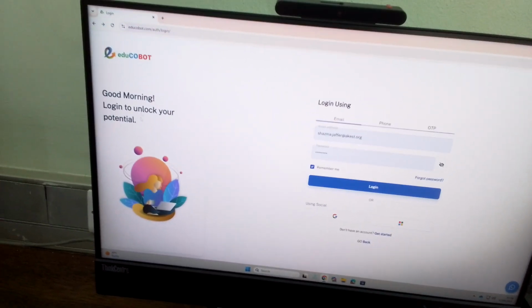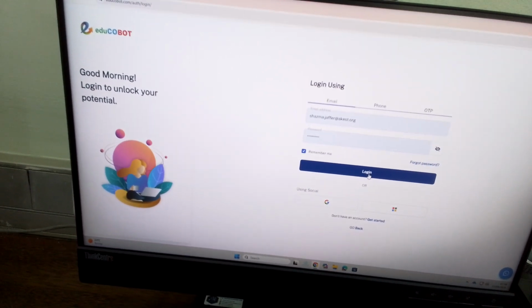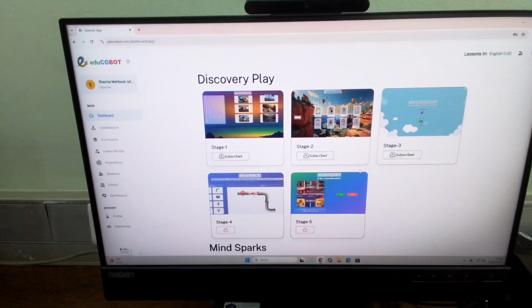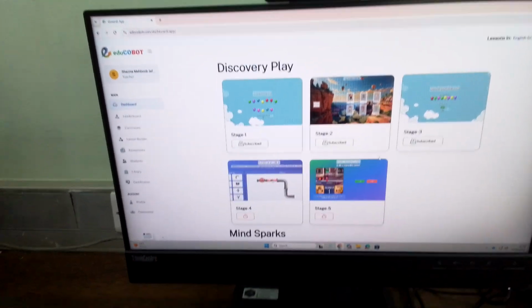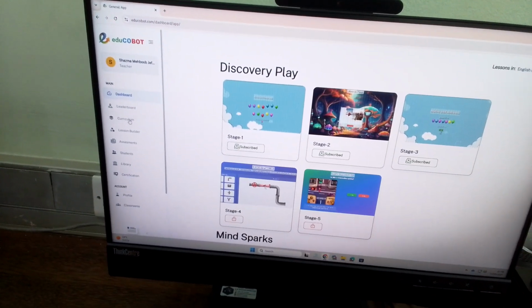So we open Chrome and I have my email ID and my email address. For the students, they can use the OTP. We log in. Once we arrive over here, we go to the section of curriculum. So here we have curriculum,